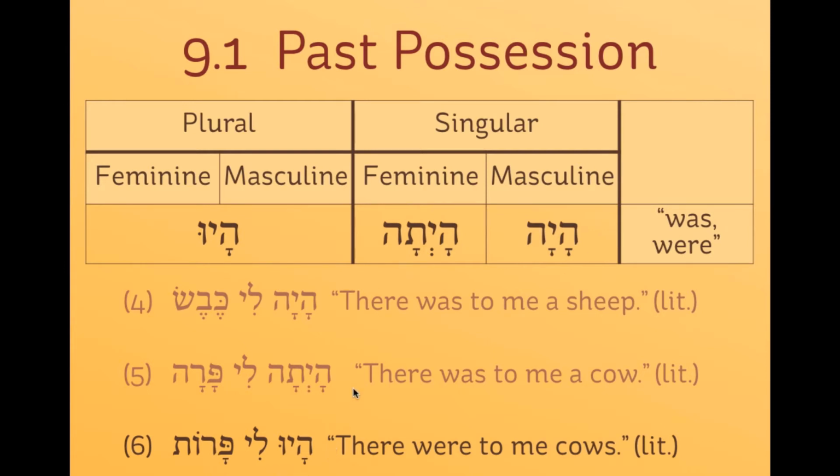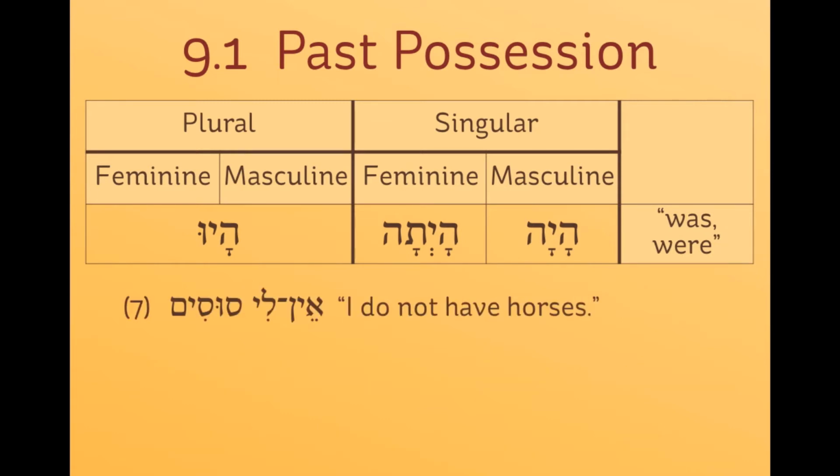Now it seems a little weird to us maybe that haya inflects here for what we think of as the object, right, of what you have. But Hebrew kind of flips the construction that English does. Hebrew has the impersonal construction, remember, where the object is the subject of the clause. The owner is the indirect object.